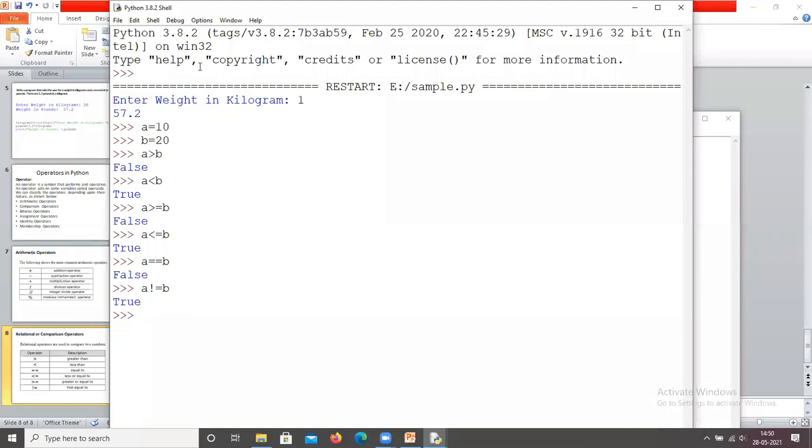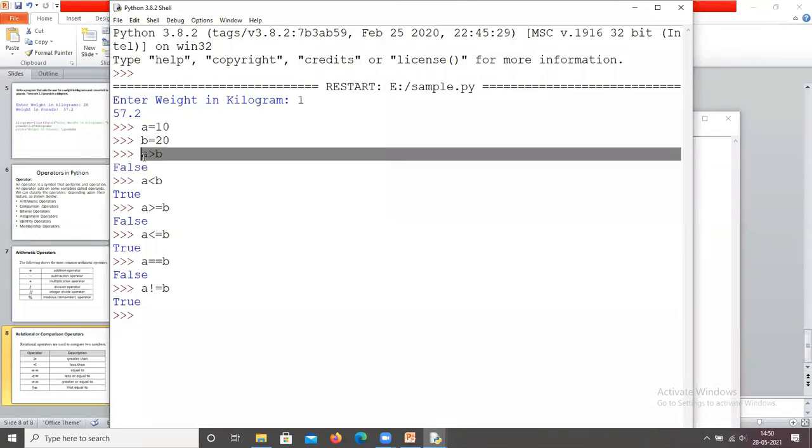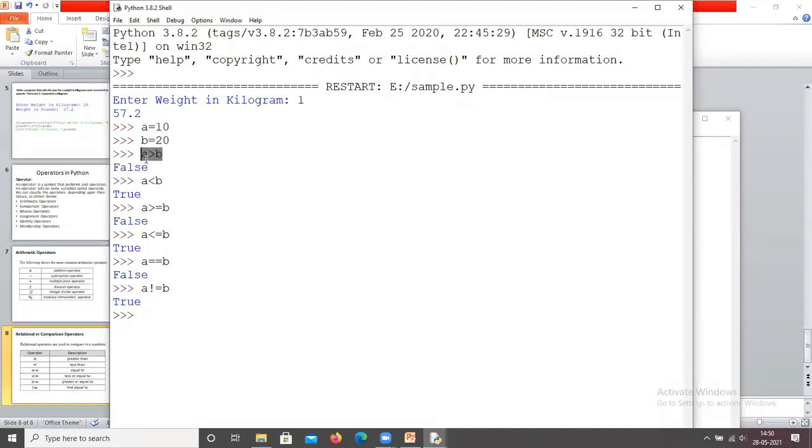Based on these results, you are going to write the programs. What we discussed earlier about branching statements: the expression returns either true or false. Here we are comparing the quantities of two variables.